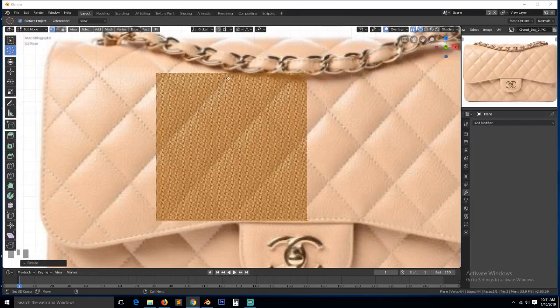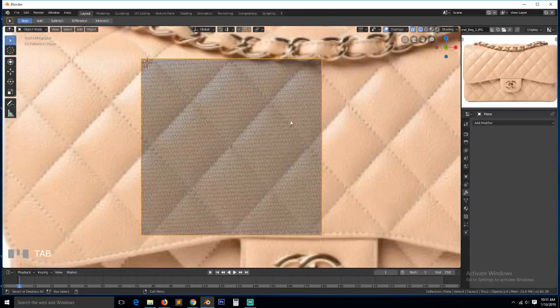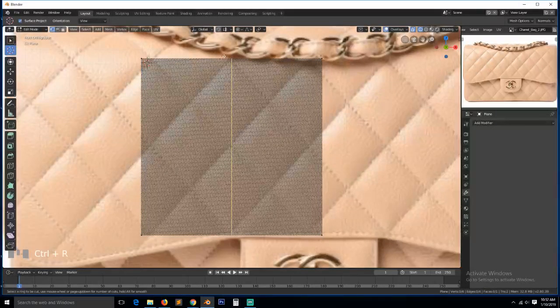So we can add, let's see, if we add a loop, let me see, where is this, where is my music? Okay, so if we go to edit mode, add a loop here, and add a loop around here, we can